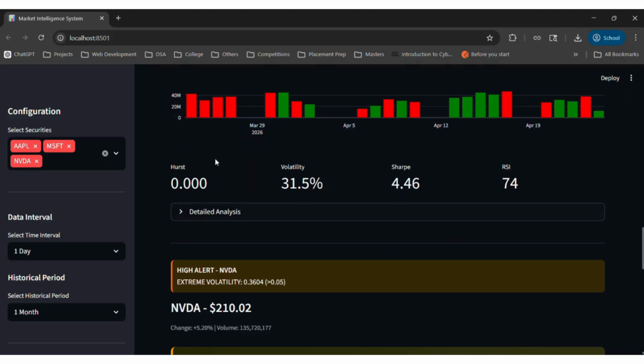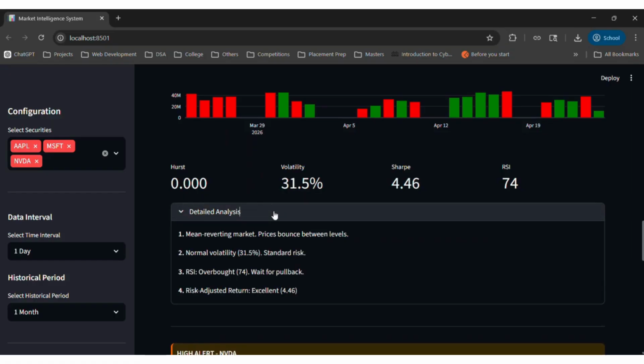So for that, we can see the Hurst exponent is 0. The volatility is about 31%. Sharpe ratio is about 4.46, and RSI is 74. In the detailed analysis, we can see that it is a mean reverting market. Prices bounce between levels, normal volatility. It is a standard risk. RSI is overbought. You should wait for a pullback. Risk adjusted return: